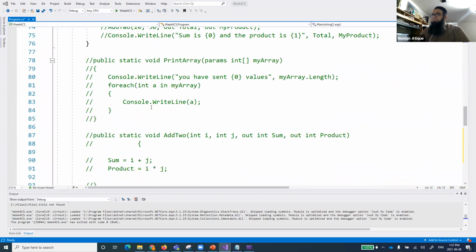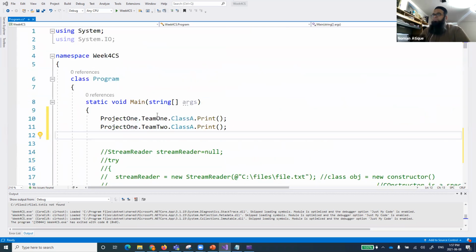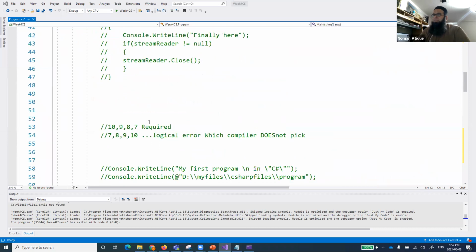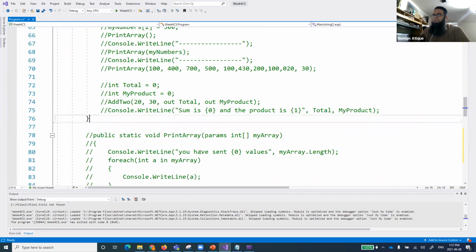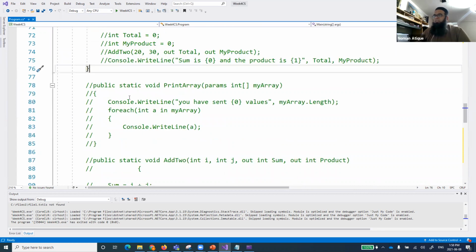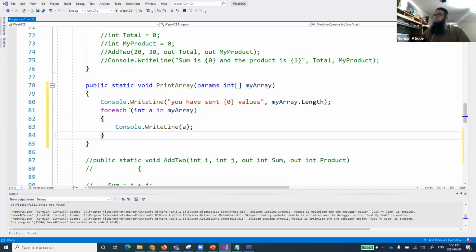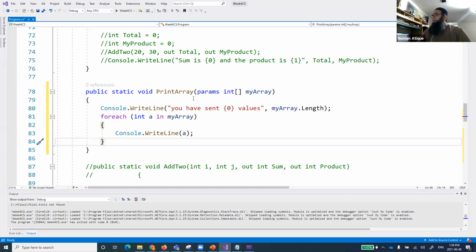I'll have a quick review of that, because that is an interesting concept. If I come to this class program and I define another method, here is the method that I can use for myself. You see that this is public static void print array.